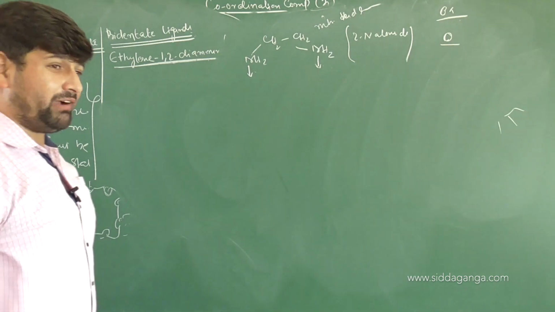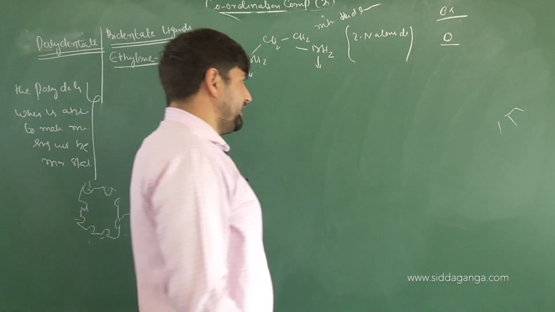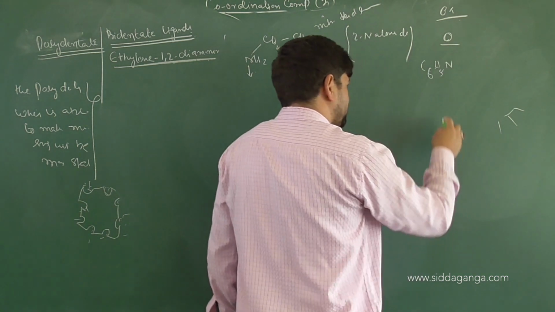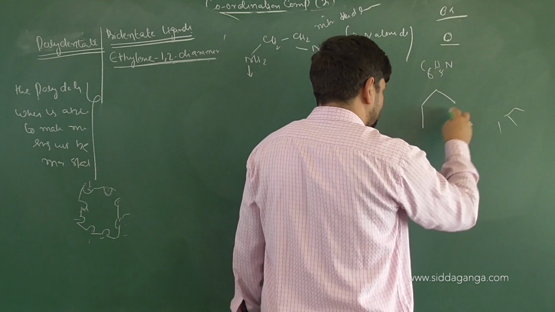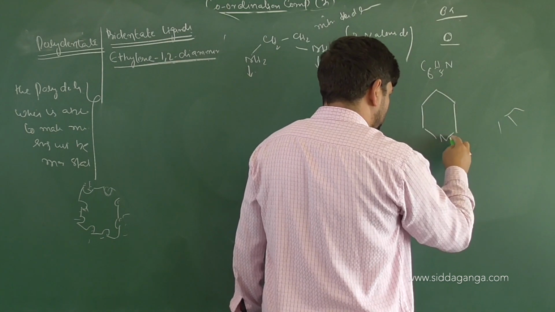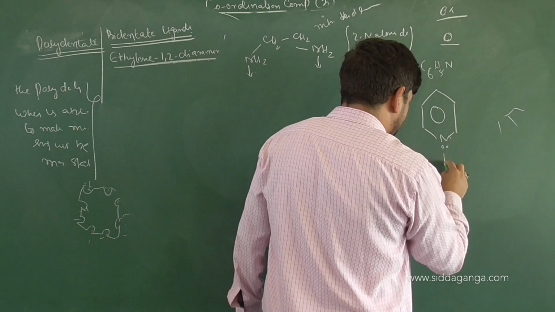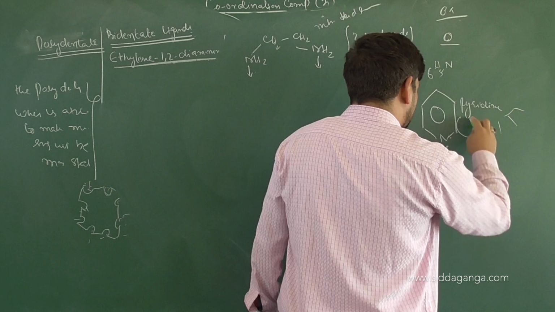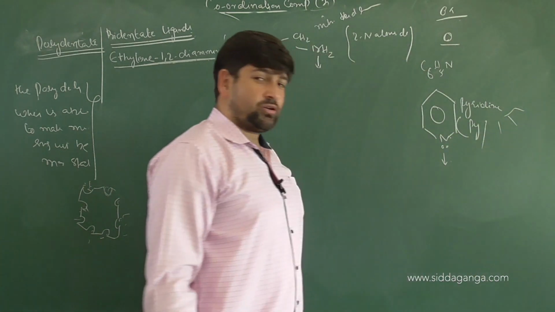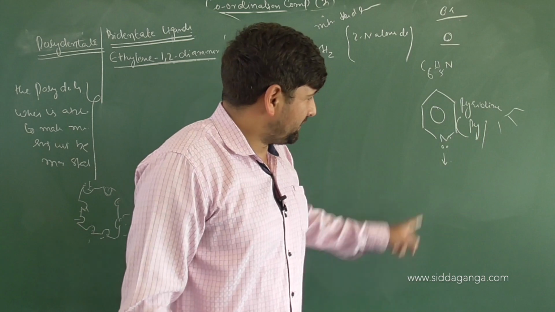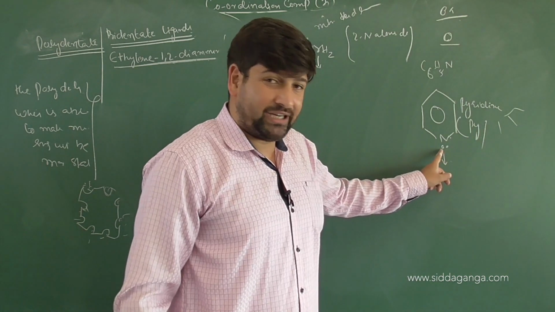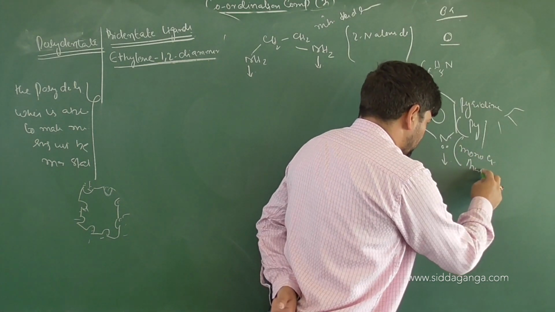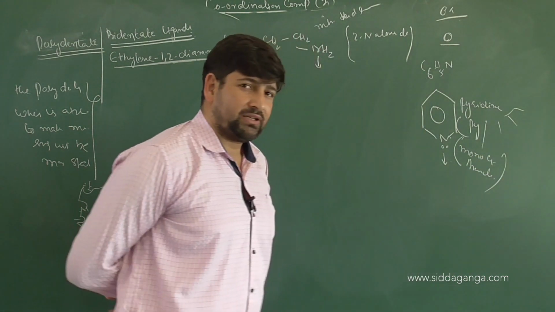Correct or not? We have one aromatic monodentate ligand called pyridine. The formula is C6H5N. So you can draw that. So nitrogen can donate the electrons. So this is pyridine, and in terms of coordination compounds, we write this as Py. It can donate electrons from where? Nitrogen. So this is a neutral monodentate ligand which is aromatic. Clear or not? Pyridine.